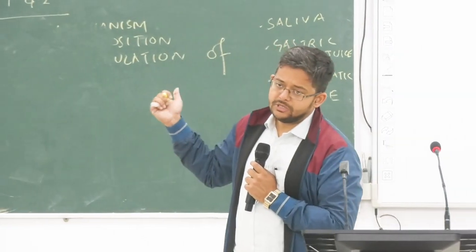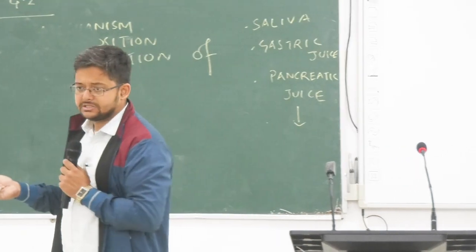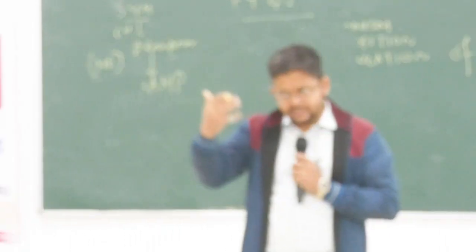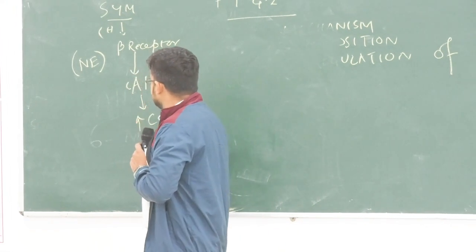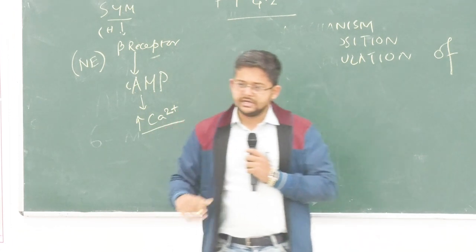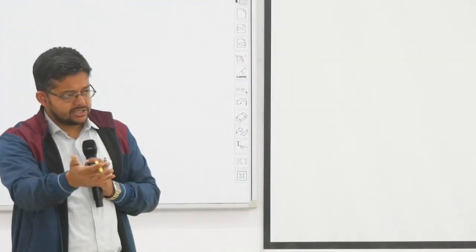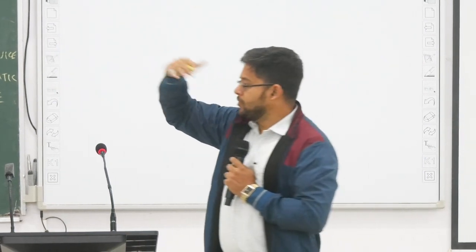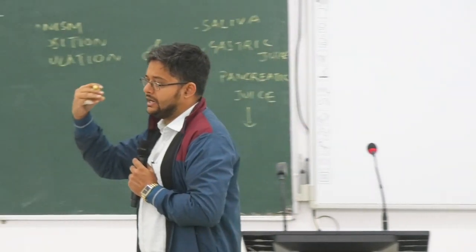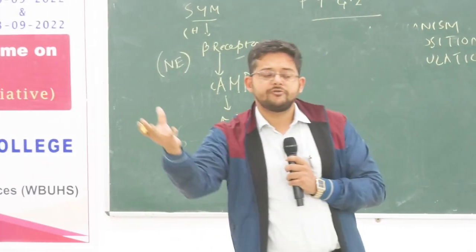So here the neurotransmitter is norepinephrine. It acts on the beta receptor and it ultimately synthesizes cAMP. So what happens? Then that increases the calcium concentration basically. Remember one thing in physiology, most of the time calcium is a physiologically tonic substance. Whenever calcium is being released, the level of reaction increases or speeds up. Always keep this in mind. And in most of the cases calcium will lead to either further ATP secretion or further